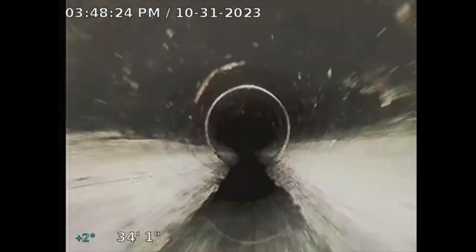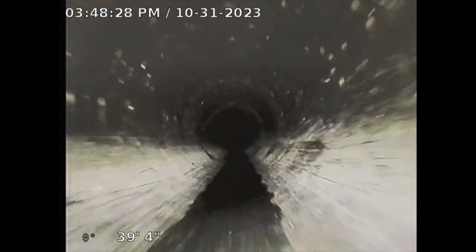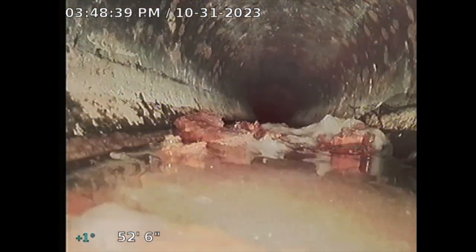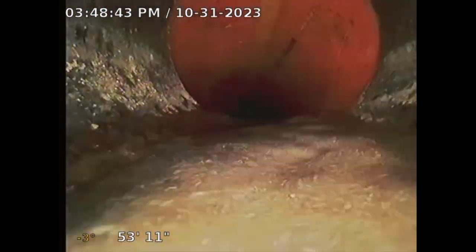Let's see. Sometimes with the skid, it points the camera up, but once I'm over there, I'll flush the toilet and I'll run the water from the inside of the property to see the slope. But for now, we're getting proper slope. Here's a little toilet paper. And these things look like wet wipes maybe? No, this is probably just...